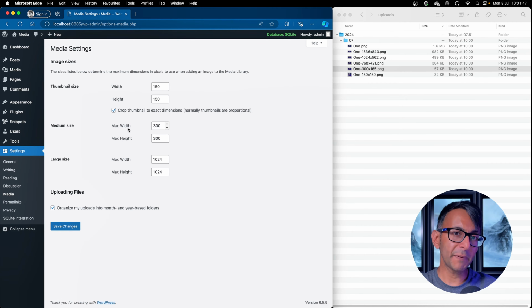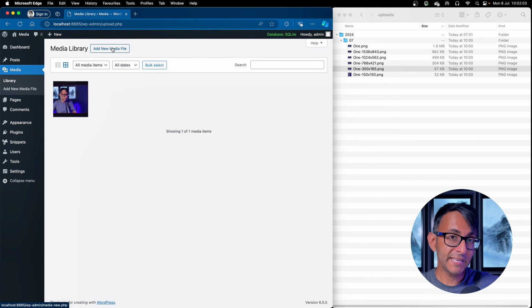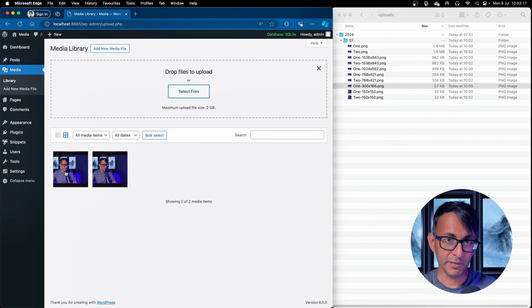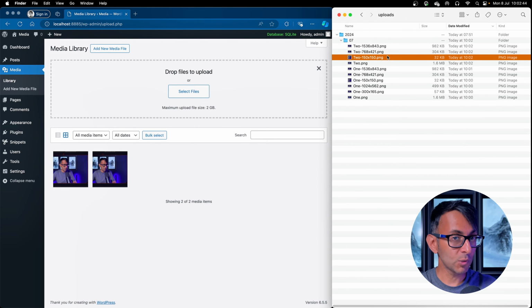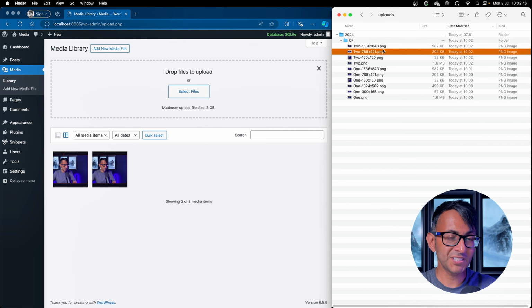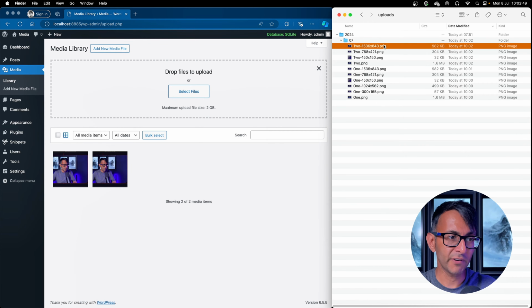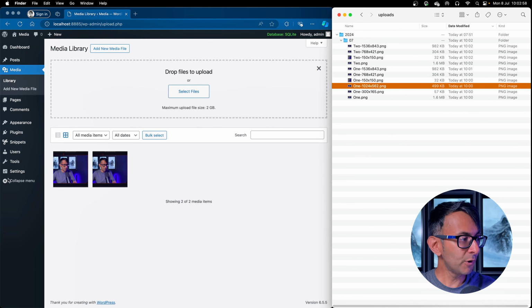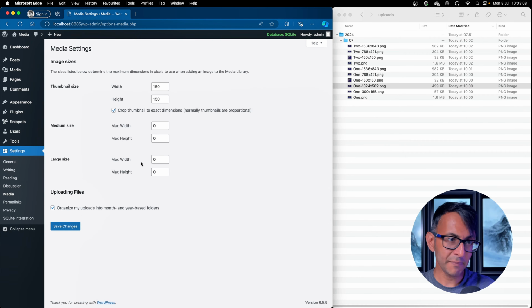Now, if I was to drop in another image, but this time I'm going to get rid of the settings over here, but I will leave the thumbnail, and I now drop in a second image, and this one we're going to call number 2. It's exactly the same size, by the way. So we add that in, you will now have another image. So we have the original image, we got the 150 by 150 thumbnail, but we still have 768 and 1536. What we are missing, though, is the 300 and the 1024, because in our settings, we zeroed them out. If I had gone and set my large size to be 500, there would have been a 500 version appearing